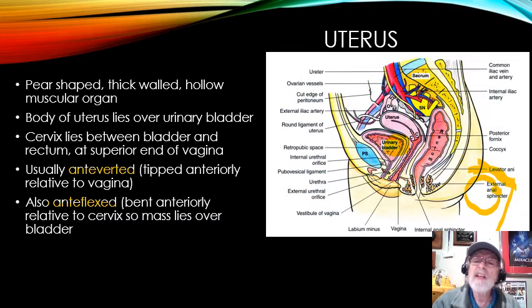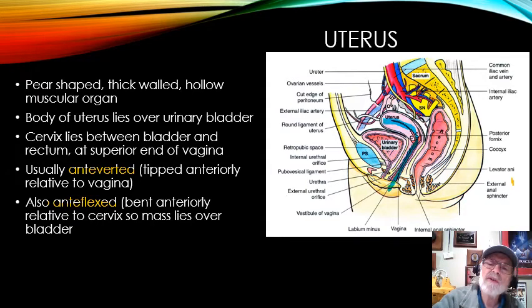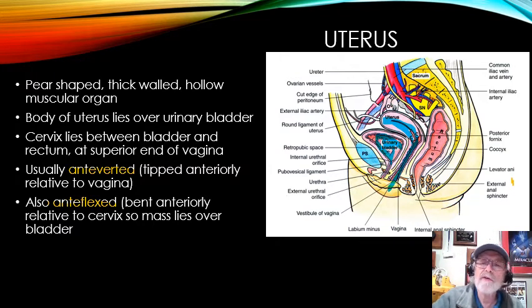This is the uterus, looking at it again. You can see how that is. Let me get rid of those other drawings. So we see the vagina would be here, and here's the uterus, sort of tipping over the top of the bladder, which is sitting down in there. And that's that anteflexed, anteverted type of position that we get.